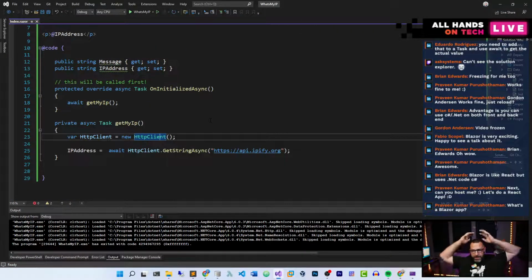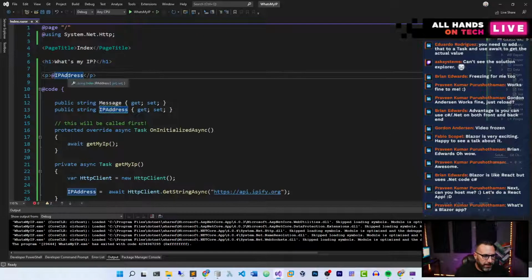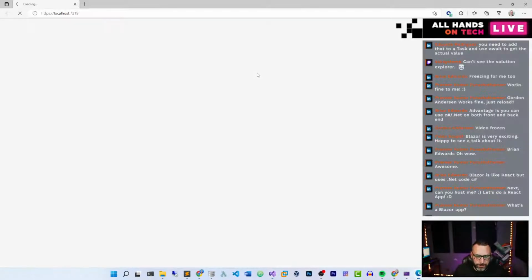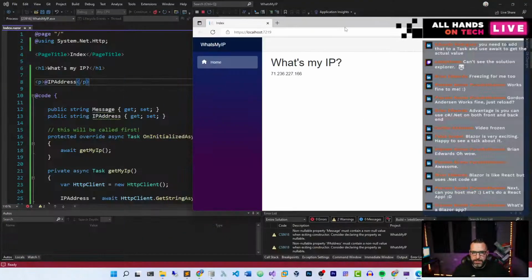Now, just to explain what I'm doing here, we're just binding this public string here to this IP address here. So we're done, right? Stream over, yay. But no, we're gonna add more cool stuff to this. As I go here, it says, what's my IP? Makes that call out to ipfi.org, which sends me back my IP. So this is actually the IP address that I used to contact ipfi.org, which is obviously my IP address,